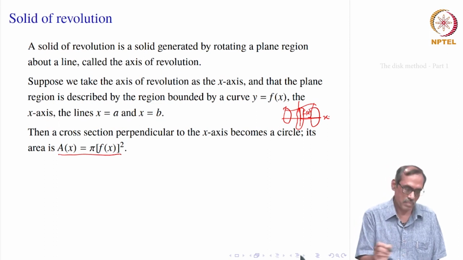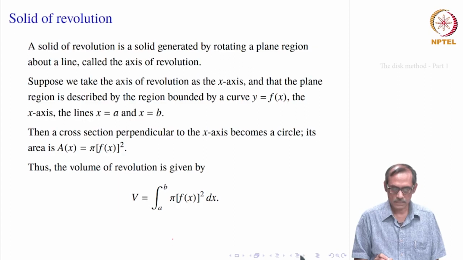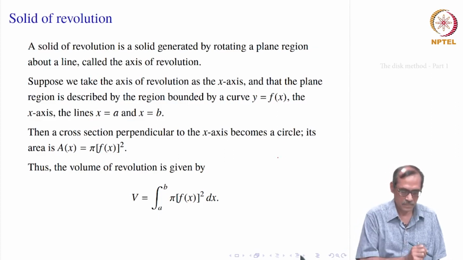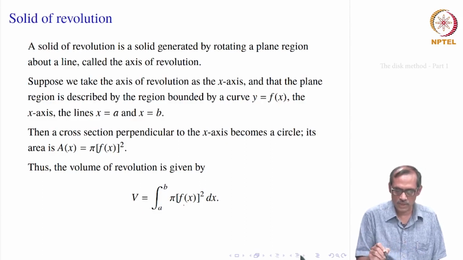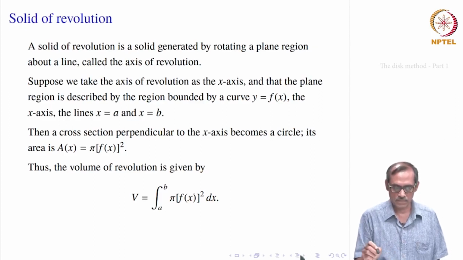Therefore, the volume of the solid by using the slice method is equal to the integral from a to b of pi times f of x squared dx. This will be our generic formula in the disk method. We call it the disk method because we are obtaining a disk which is the slice. Under all these conditions we write this, and we need the condition that pi times f of x squared in the integrand is an integrable function. Usually we will assume that f of x is continuous.